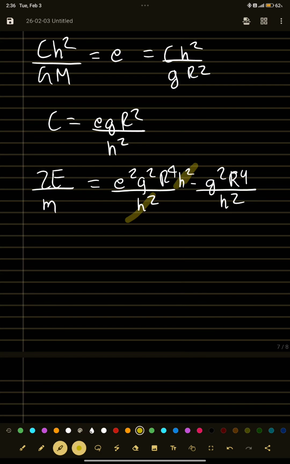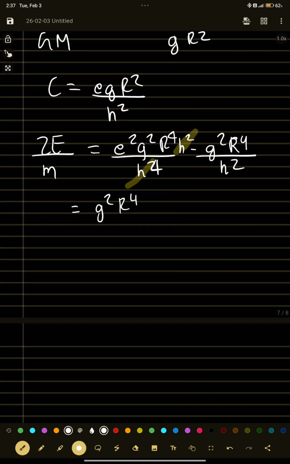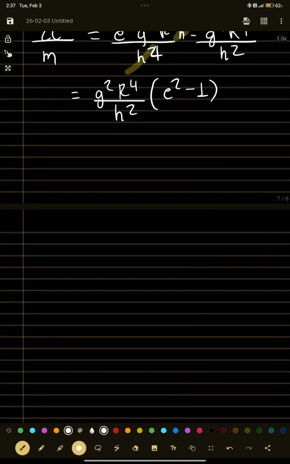Finally you end up with G square R to the power 4 by H square. Therefore your total mechanical energy in central force motion is given by